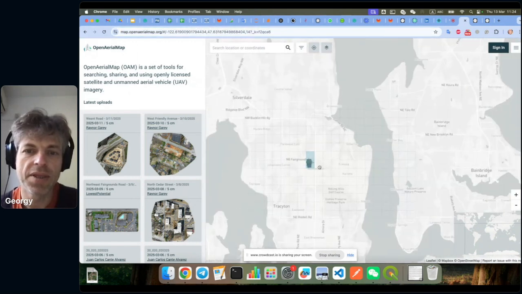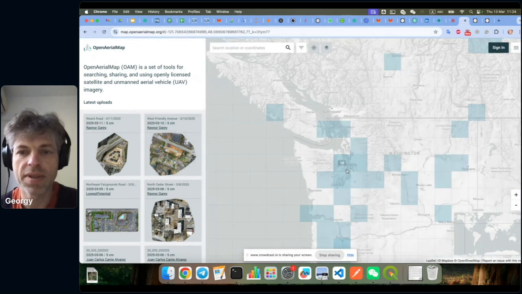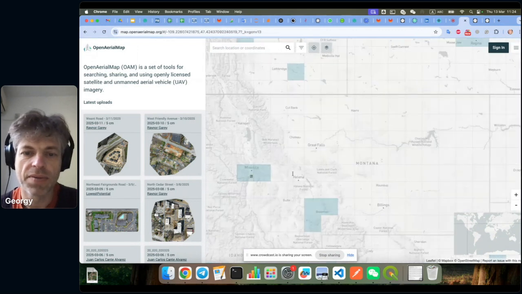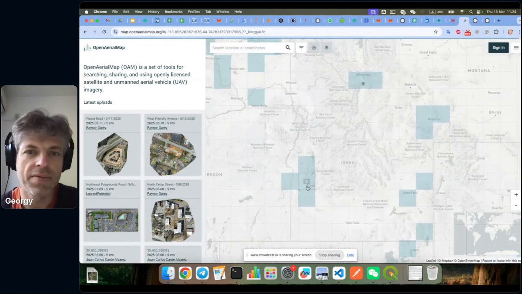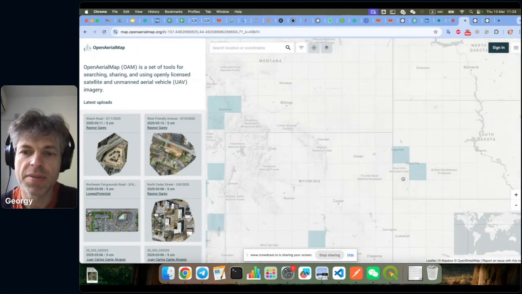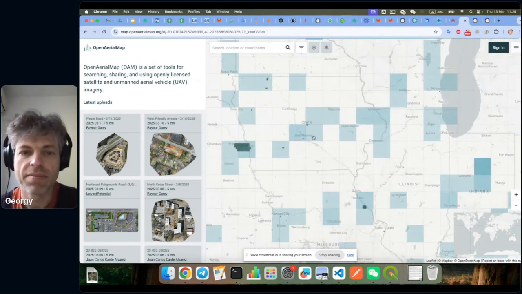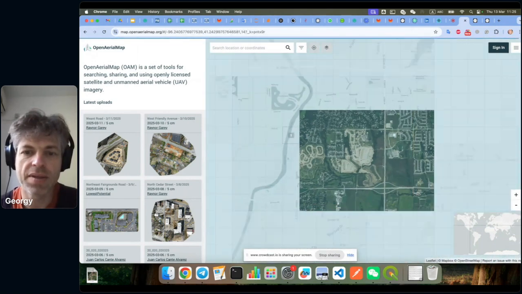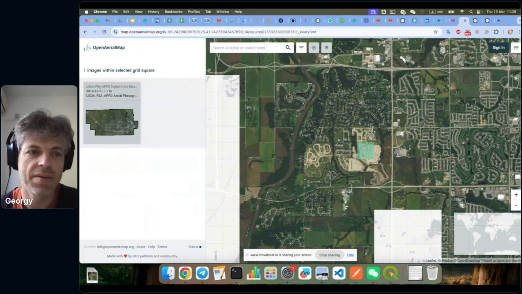It contains some images published by users in the crowdsourcing mode, so to say. This is not solid coverage of the whole world. There are very few professional distributors of aerial imagery. Most of the images are collected by enthusiasts, by users. But what is interesting about this resource is that for some areas it has quite interesting coverage, like for